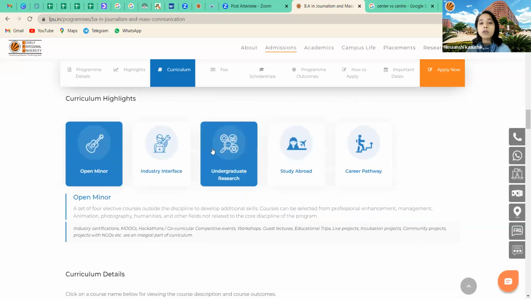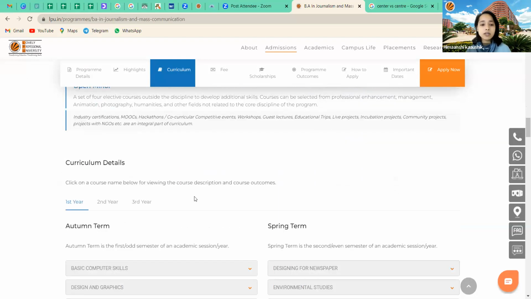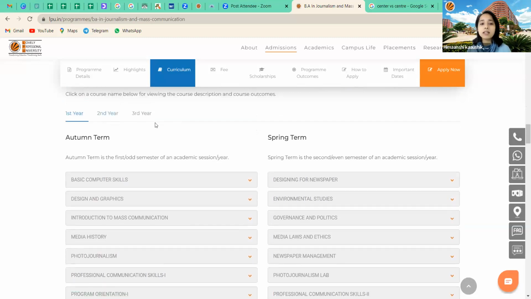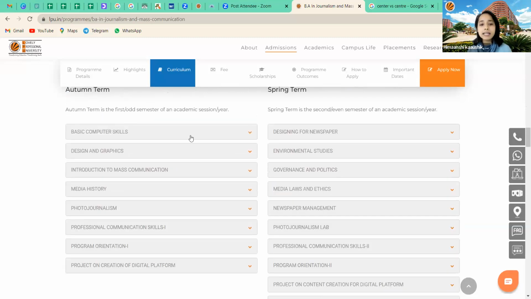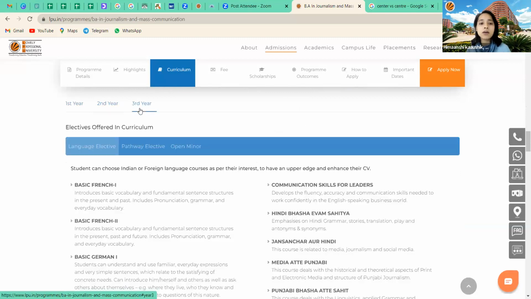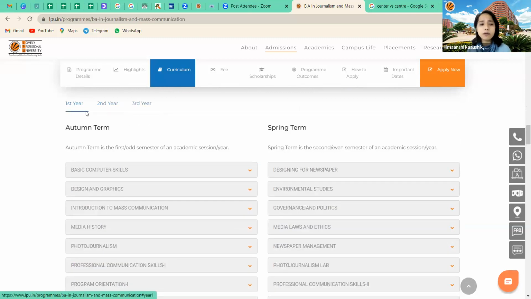They already provide you the curriculum firsthand. You can see the curriculum details: autumn term, spring term, first, second, and third year. You can see all the details, all the topics that you will be taught in the school, in the college, in the course. And you can just click on second year and third year, and find out whatever you will be taught, and then you can make an enhanced decision as to where you want to go